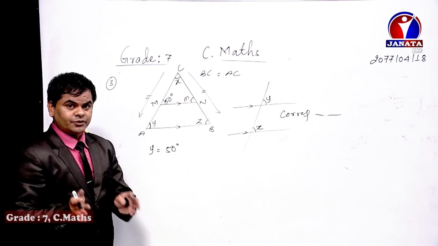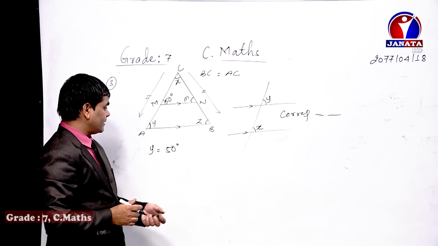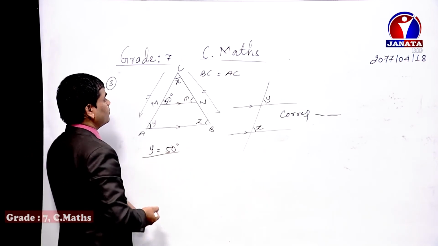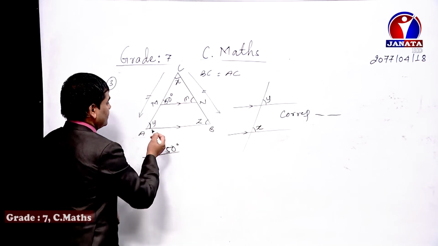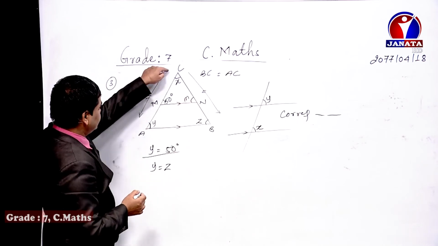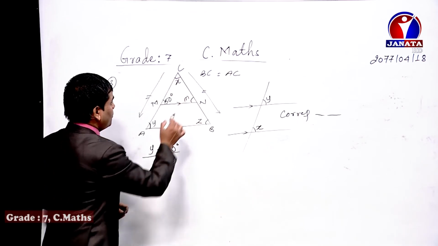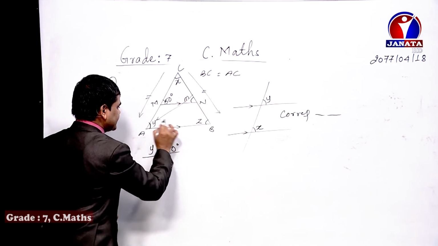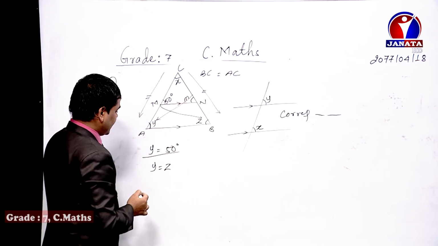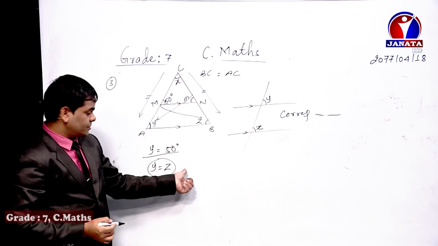So do this question yourself. I will give you the hints so that you can do it perfectly in your copies. Y equals 55 degrees, being a corresponding angle. Now, dear student, Y equals Z, isn't it? Y equals Z because this is an isosceles triangle. AC equals BC, which means opposite to the equal sides, BC's opposite is Y and AC's opposite is Z. That's why Y and Z are equal to each other, being base angles of an isosceles triangle.